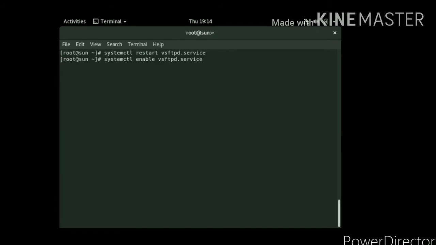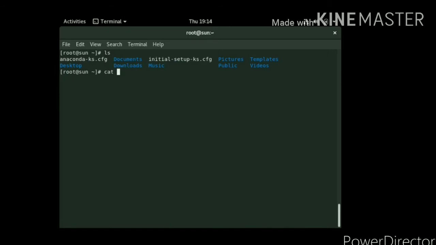Next what we have to do, we have to see the Anaconda file with the command ls. So here you can see the anaconda-ks.cfg file.